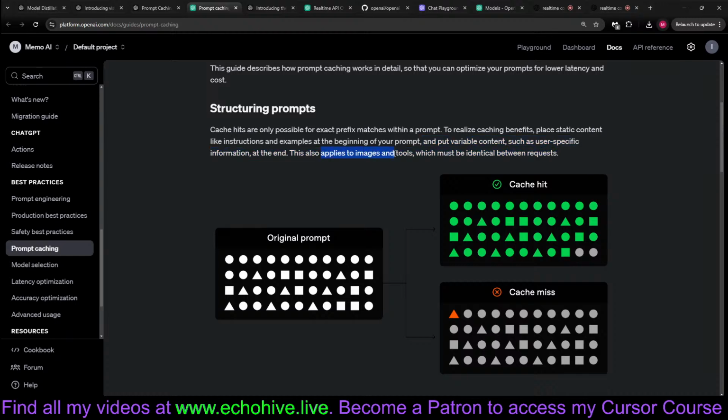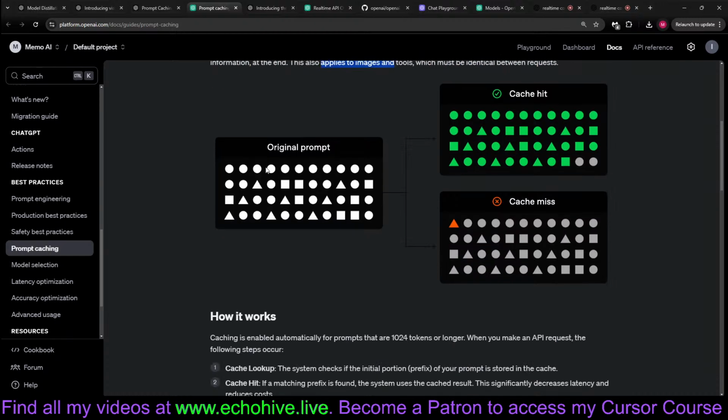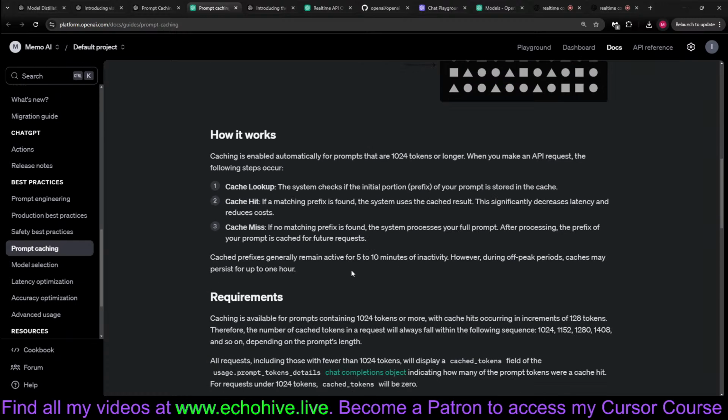So you can even apply caching on images. See, this original prompt is the cached part. But if you were to add something to the beginning of it, then it's going to miss the cache. So whatever is in the beginning is cached